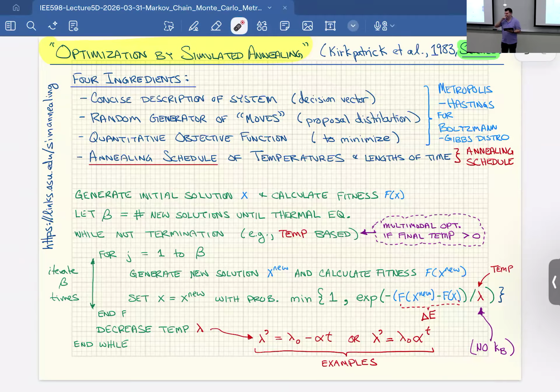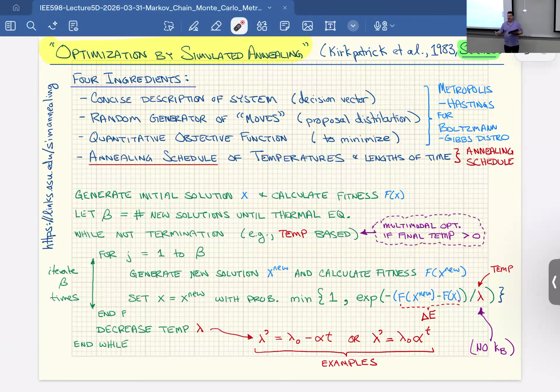Why is... you mentioned the multimodal optimization? How? Yeah, so if you set your final temperature to something that is less than really, really cold, like, in particular, if you set it to, say, 1, or not necessarily exactly 1, but if you give it something where it has a little bit of energy,